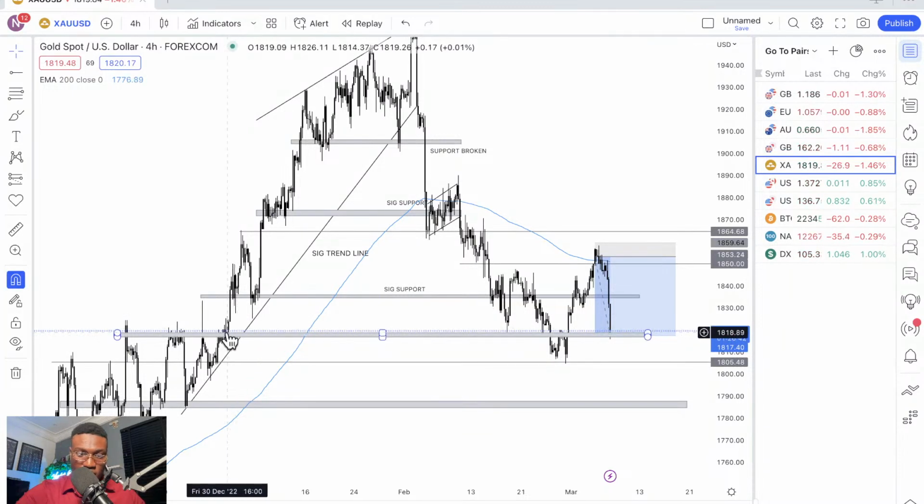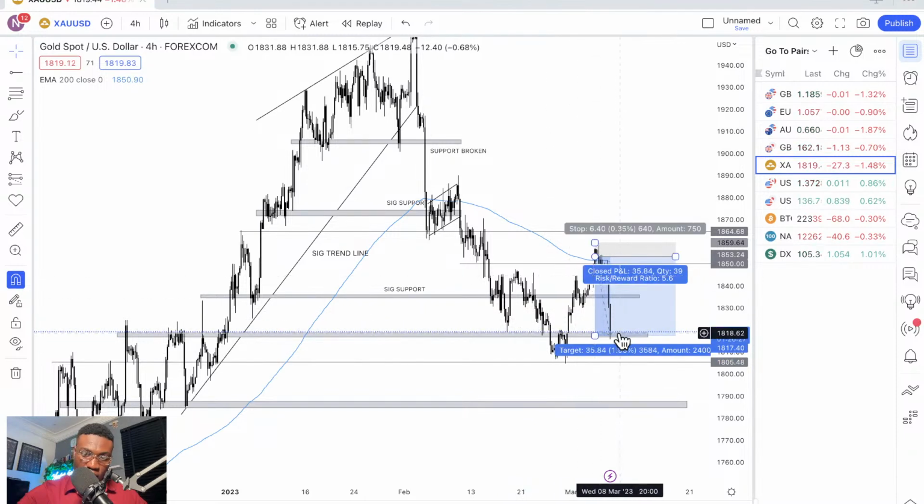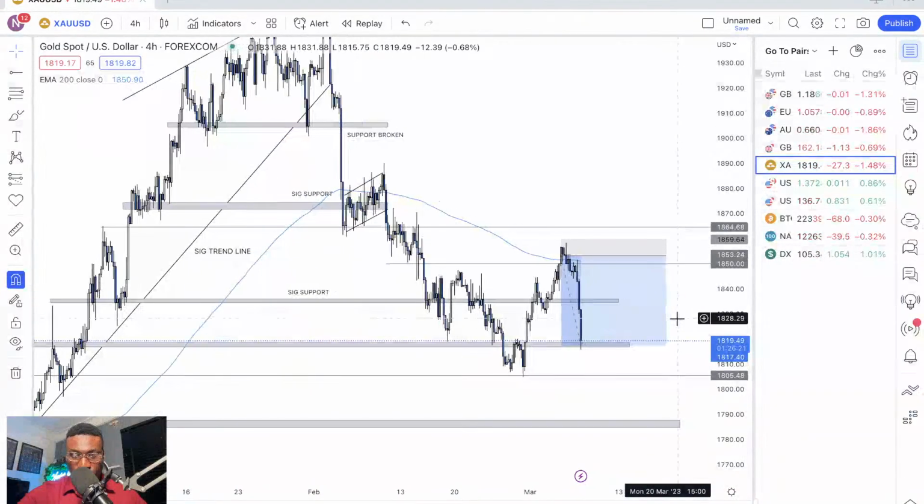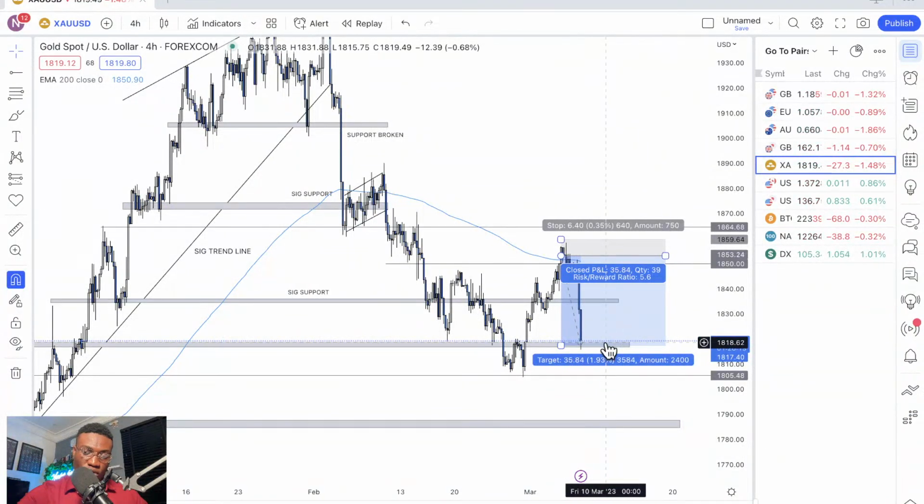I think the last day, or not the last day, yeah, 30th of December, right? It was back here in February, pushed back up, came back again, pushed back up a bit, finally broke below it, broke above it, and now we're back here at this key level. So we can obviously identify why this is a key level, and what we're going to do now, so that we're not on the wrong side of the market, is see how the market reacts